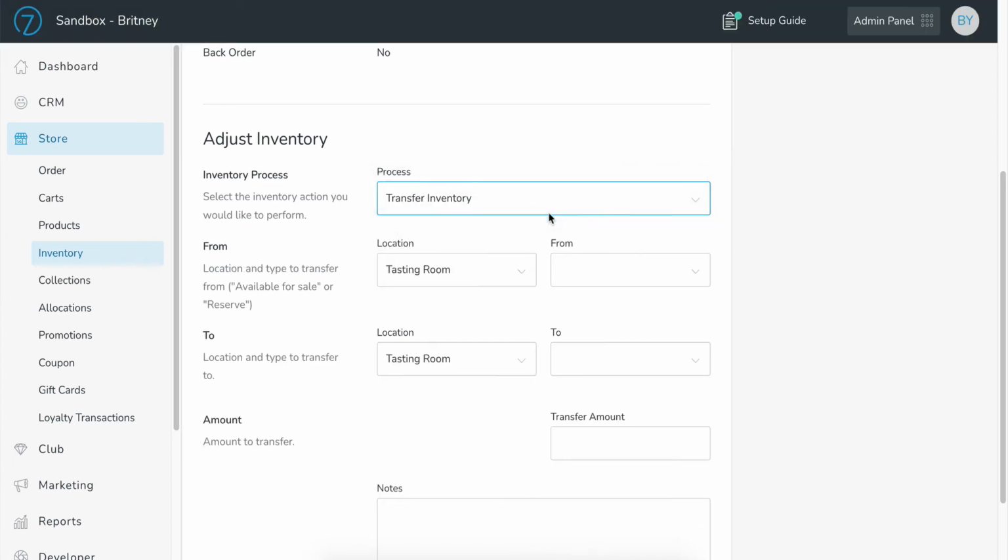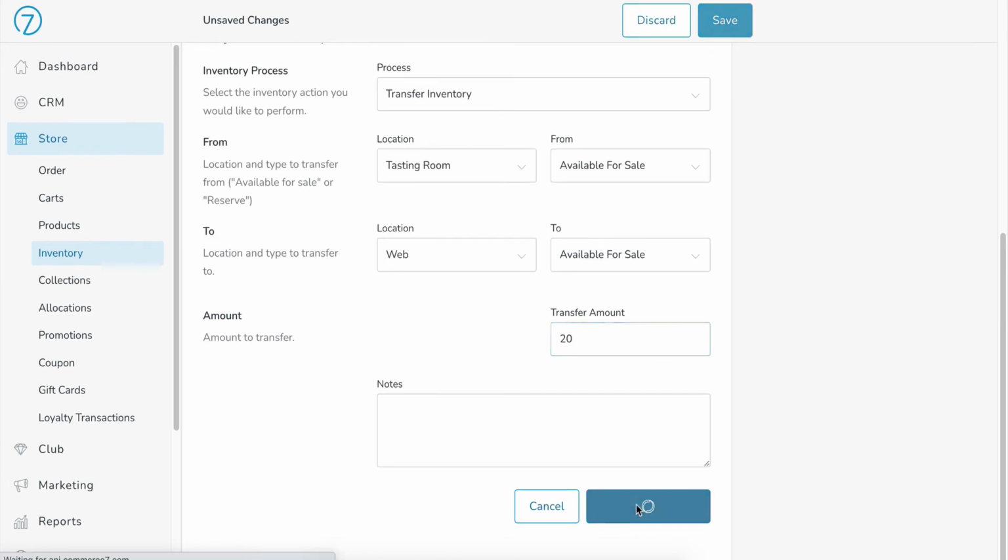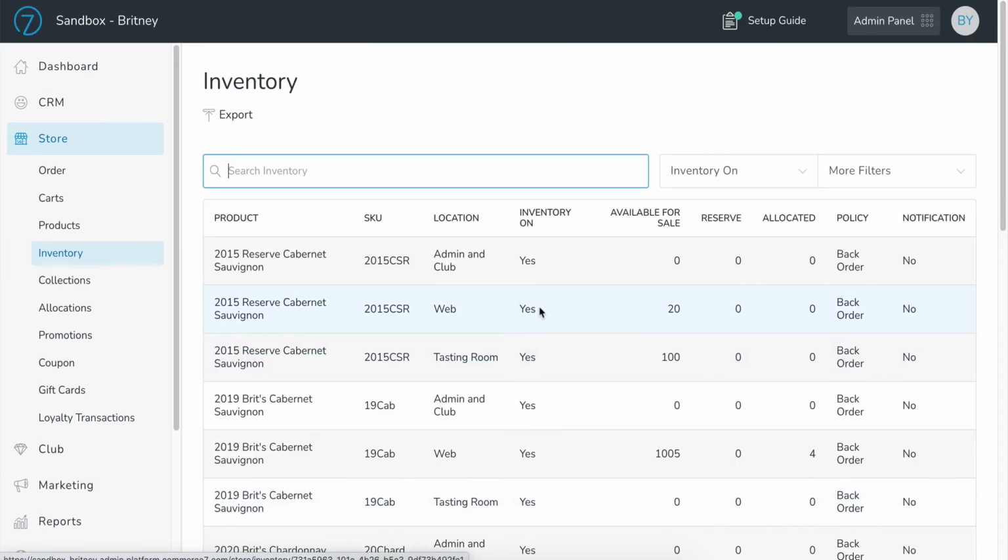You can transfer inventory. So you remember we had all the bottles in the tasting room for this particular Cabernet, but maybe we want to take some from the tasting room and then transfer those over into the web location so that we can do a special web offering. So in that case, let's take it from the tasting room, available for sale. Let's transfer it over to our web location to available for sale. And then amount, let's do 20 bottles. And let's go ahead and transfer that and see what it looks like real quick. So there you are. We have now 20 fewer from the tasting room,